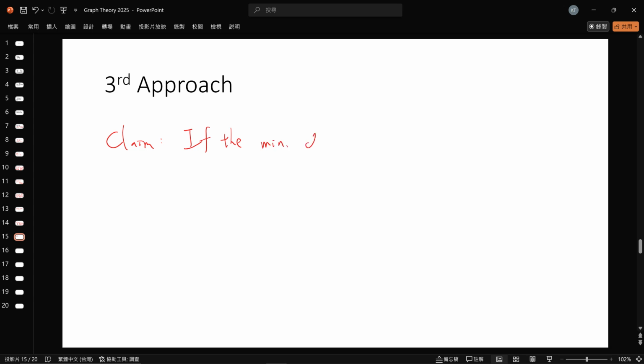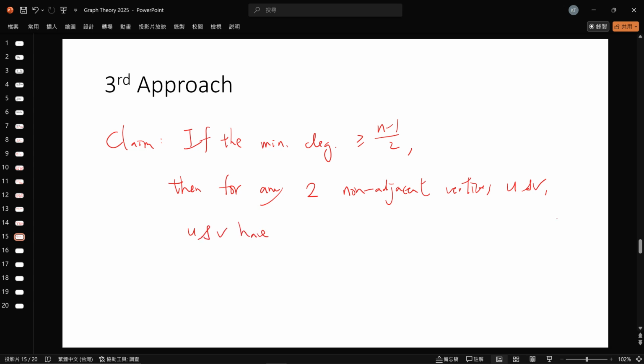If the minimum degree is at least (n minus 1) divided by 2,